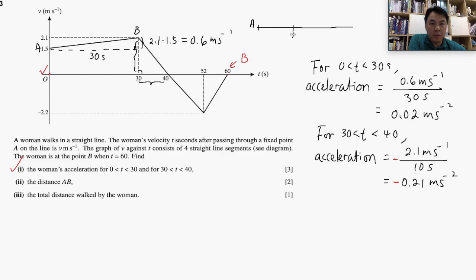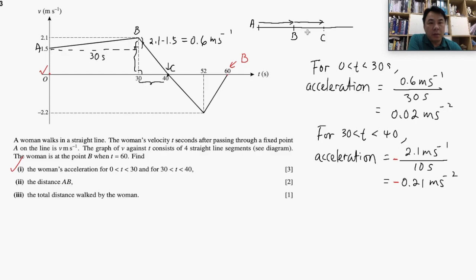This is B. She moves up to this point, reaches B, and then after that, when she reaches C, she reduces her velocity to 0. Okay, and then you can see that the velocity turns to negative. When you reach 0, that is what we call a condition known as